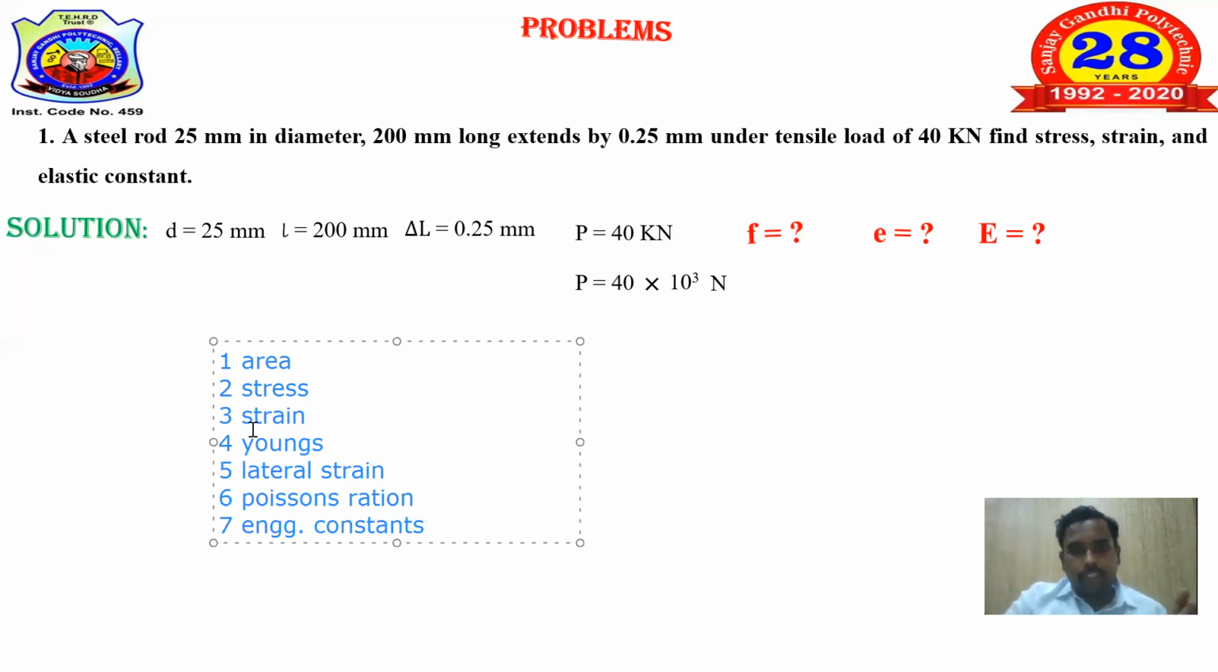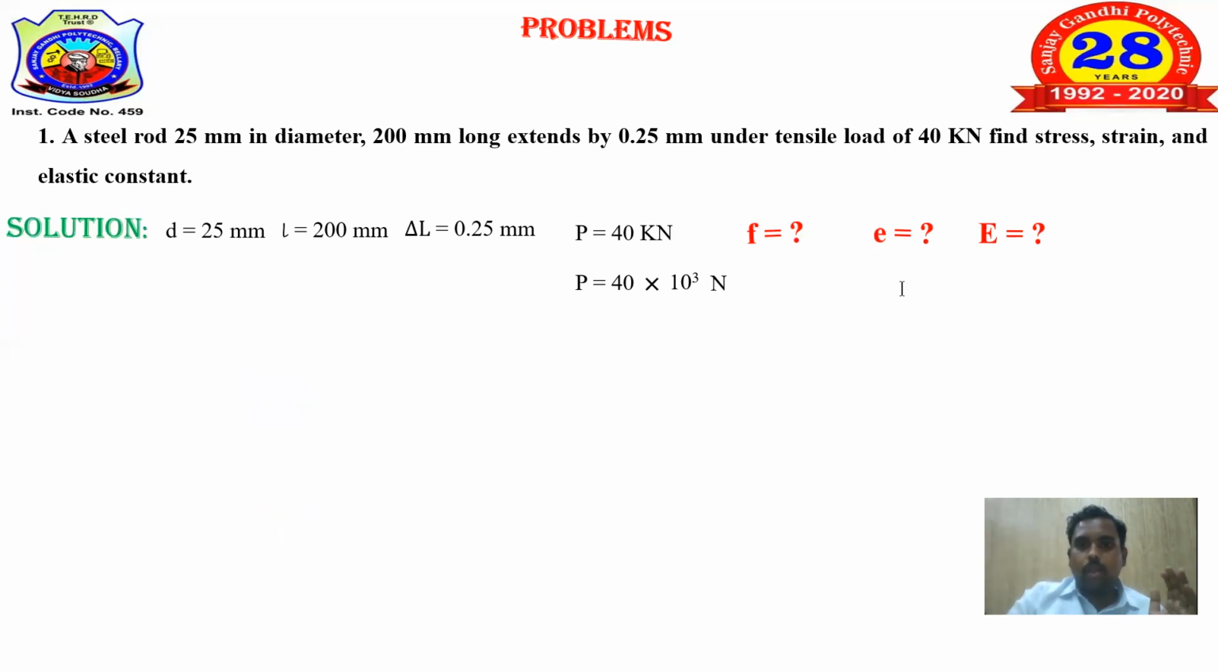So this is the step, students. First you need to go for area, stress, strain, Young's modulus, lateral strain, Poisson's ratio, engineering constants. Just make note of these 7 points on a separate paper. While solving each and every problem, you go with these steps. Even I'll be following the same steps while solving each and every problem. Okay, students. So as I said, first I'll go with the